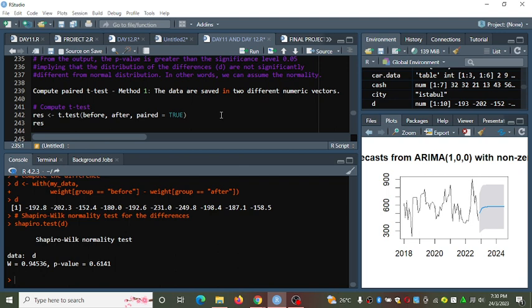Compute paired t-test method 1, where we saved our data in two different numeric vectors of before and after.